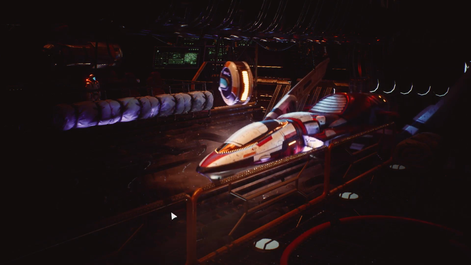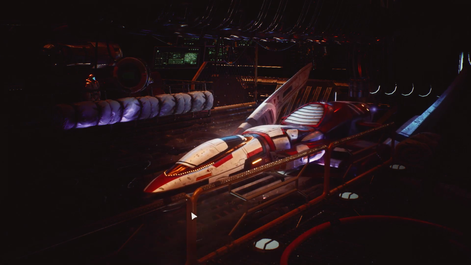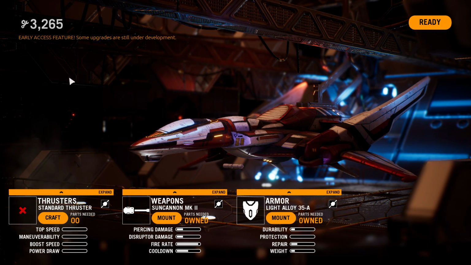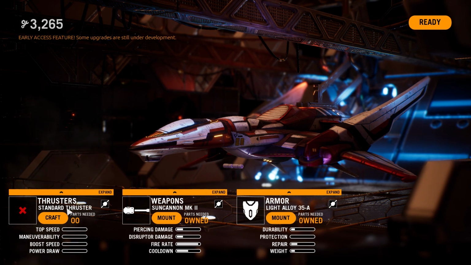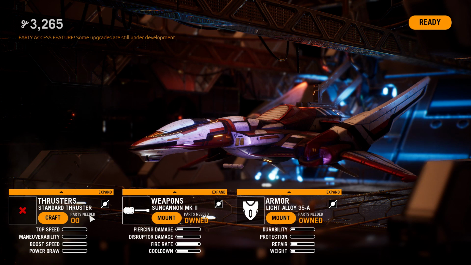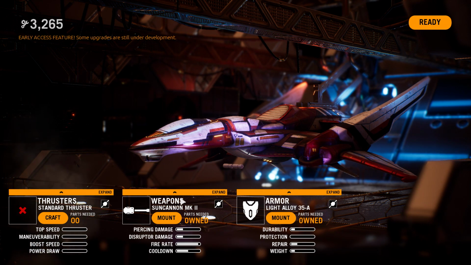First of all, I'll go into the hangar. You do, I believe, unlock, or you can, as you do your missions, you'll get these sort of parts you collect, and then you can use that to craft additional thrusters and weapons and stuff like that. It says some upgrades are still under development, so I don't know if so these are already mounted,